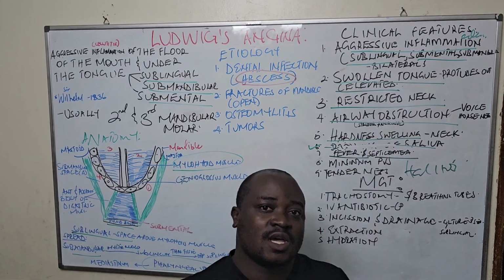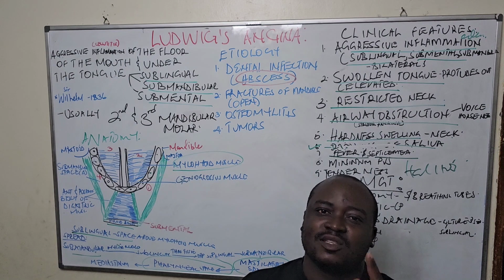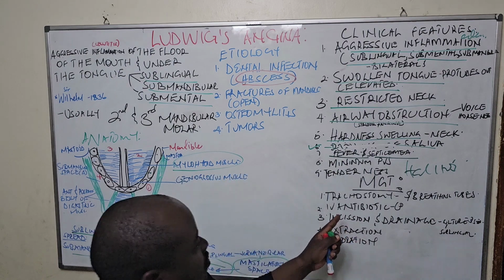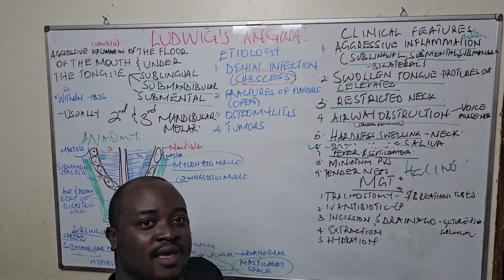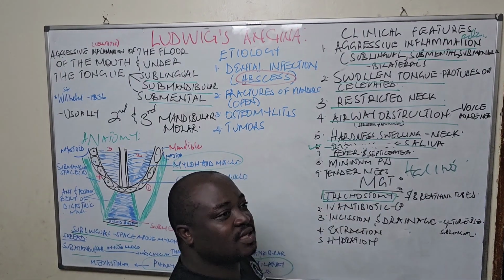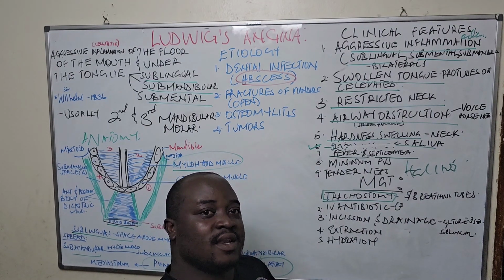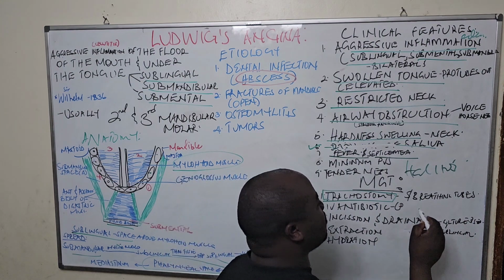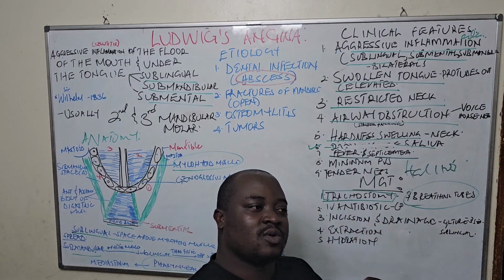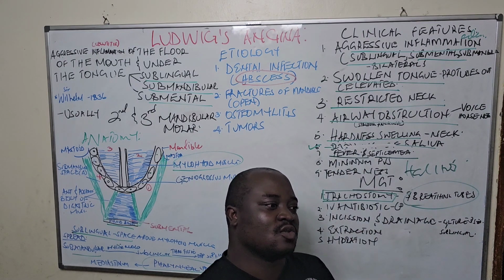What can you do to someone who is having this emergency? You studied in first aid that these emergency situations should be handled as emergencies. Now, what do we do here? We have to create an airway. The airway is created by what? Tracheostomy. With tracheostomy, we are creating a space, a pathway to the trachea. Then in good setups, you can now pass breathing tubes. The moment you do a tracheostomy, you are creating a way to the trachea, and it causes some relief, and there is no strangulation.